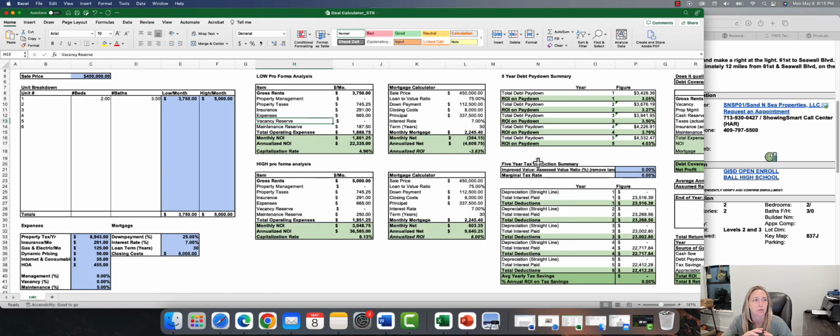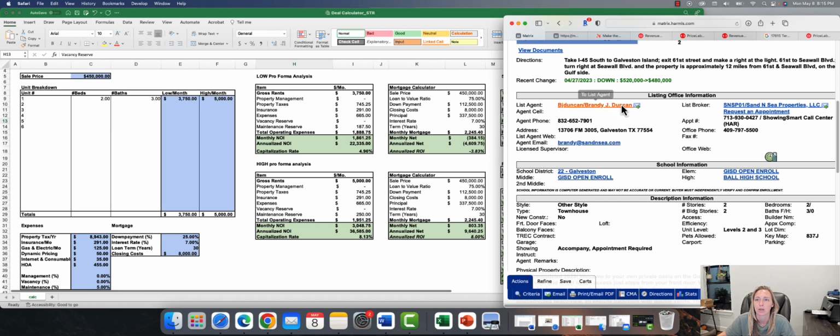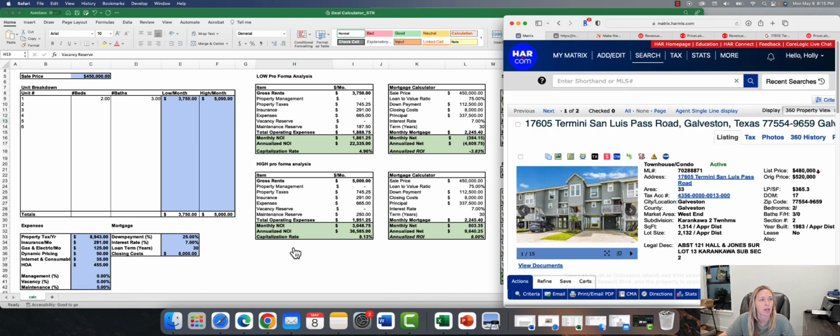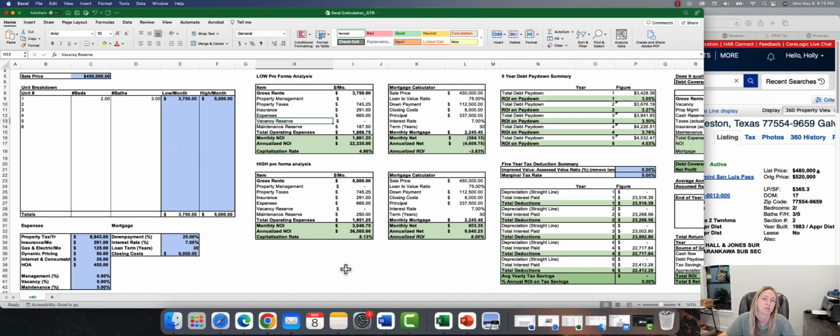Hey, so what we're going to do is walk through how I run my short-term rental numbers when I'm considering buying a property. Today we're going to run through this property here. I've already plugged in the numbers, but I'll walk through exactly how I came to each number. This calculator is really easy to use, and I really like it because it gives you more of a full perspective of